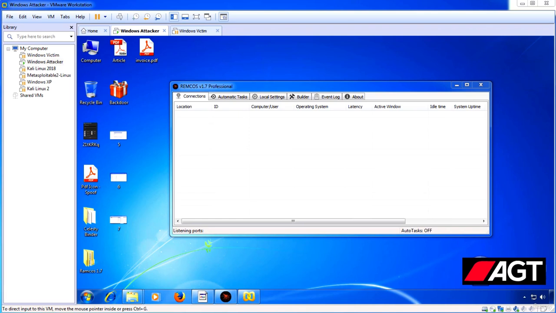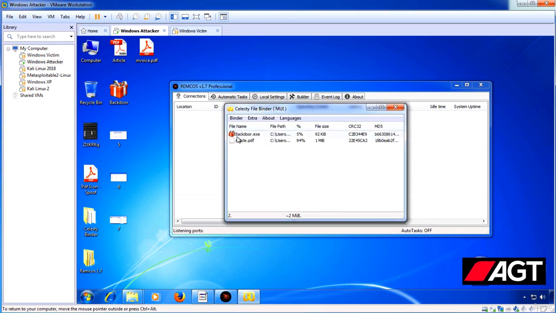In this video we are going to cover advanced concepts in Trojans. If you remember, in our past videos we learnt about Ramcos, how to generate Trojans from Ramcos, and in the next video we also learnt how to use the Celesty file binder, where you drag and drop your file and also drag and drop your PDF, and then you